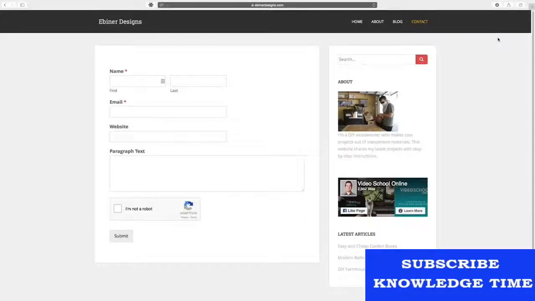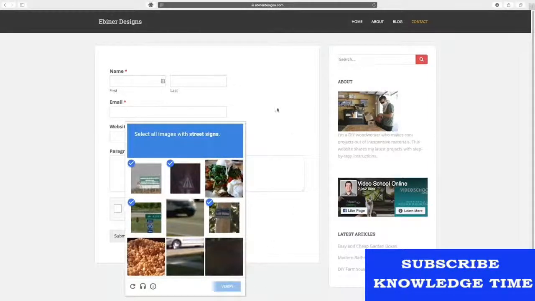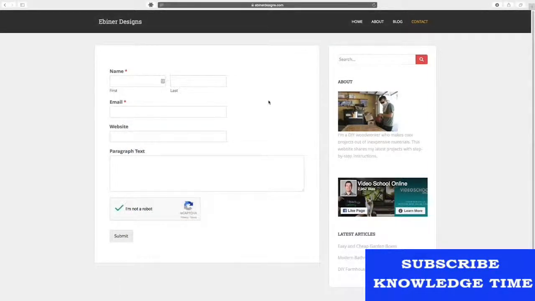Now, if anyone visits your contact page form, they'll get this I'm not a robot ReCAPTCHA, which is the new way that Google is figuring out if someone is a spammer or a bot or not. So people will actually have to check this and be verified to provide a comment. For this example, you get one of these image pop-ups where it asks you which images have a street sign. And so the user has to select all of them, click verify to be able to submit a comment on